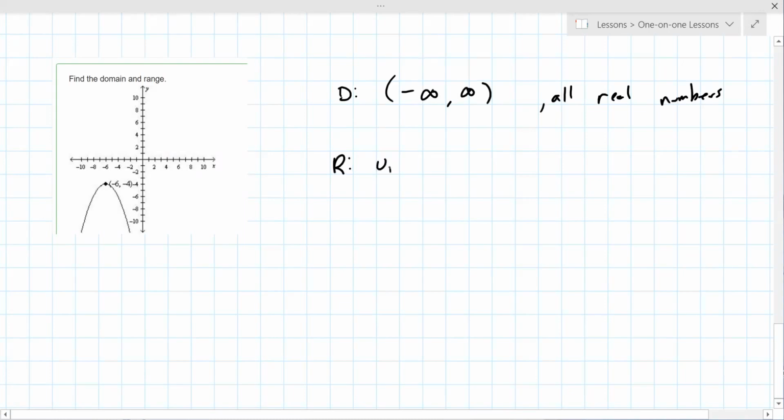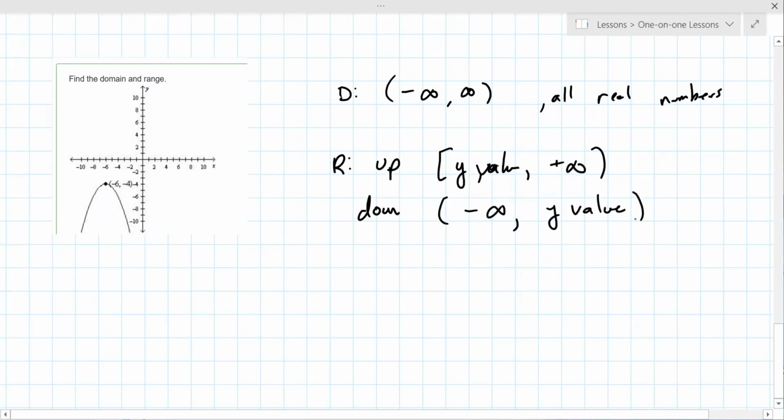It depends whether it opens up or down. If it opens up, it is the y value, whatever the y value is, to positive infinity. If it opens down, it's minus infinity to the y value. And you might be asking yourself, what do you mean by y value? It's the y value of the vertex. So what is the y value of the vertex here? -4. Does this open up or down? Down. So the range is